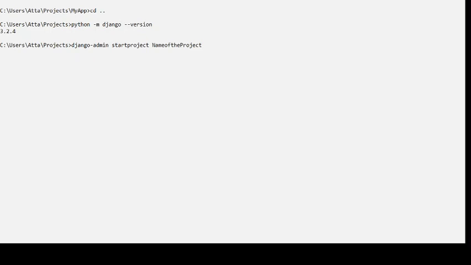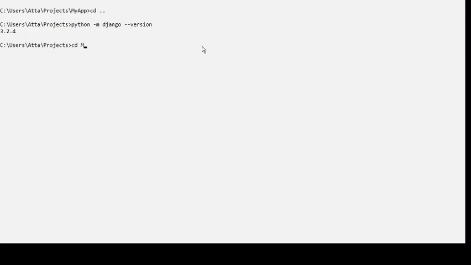Once you do that, Django creates a project for you, named with the name you gave it. In my case I have created a project with the name myapp. If I hit enter here, then myapp would be created, but I have already created this project in my system.